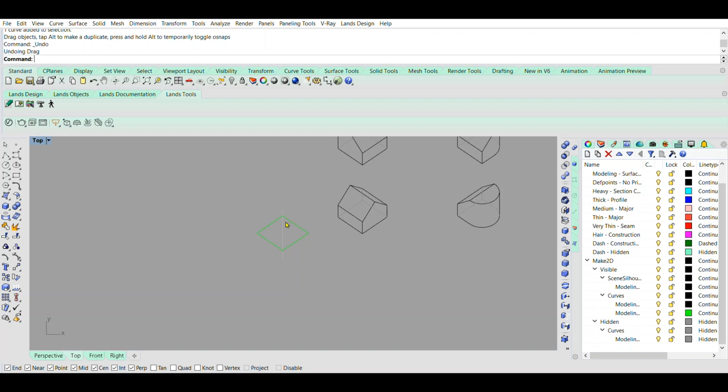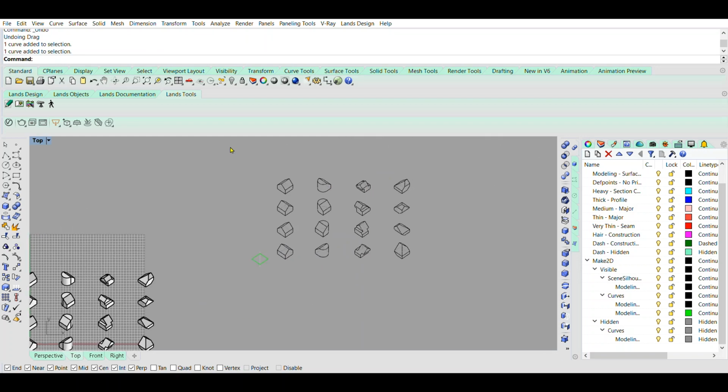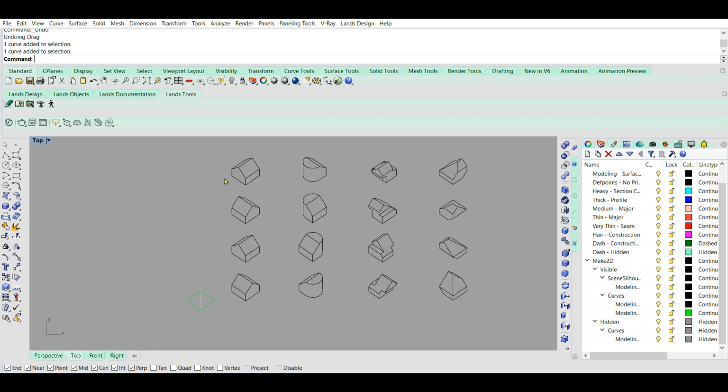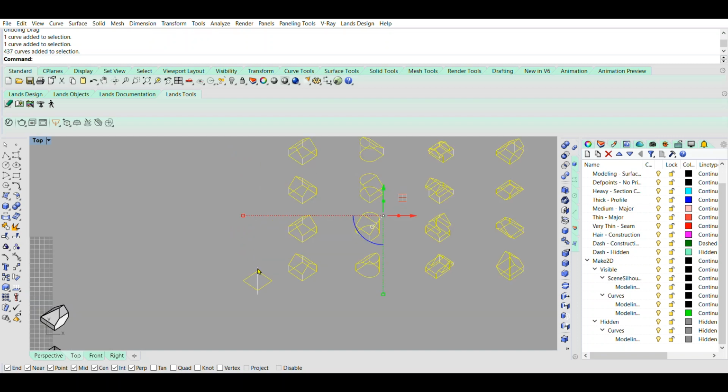So we have this line that we drew, this square, and then we're going to use a scale 1D command to scale our plane oblique to make a 45-degree bird's eye plane oblique that we have from 45-degree vantage points. So we're going to select all of this and then type in scale 1D,